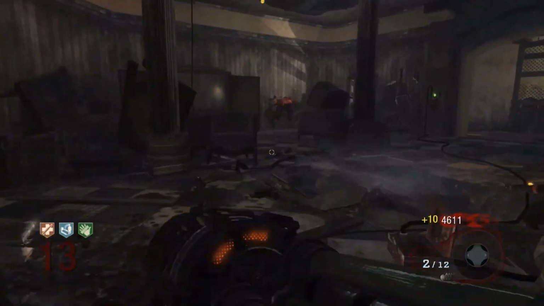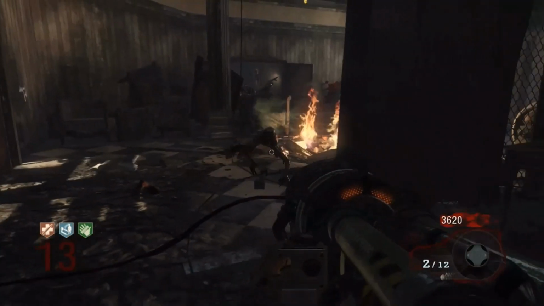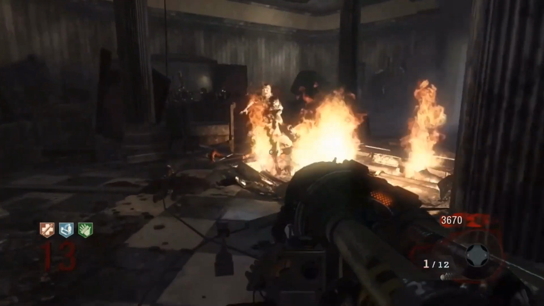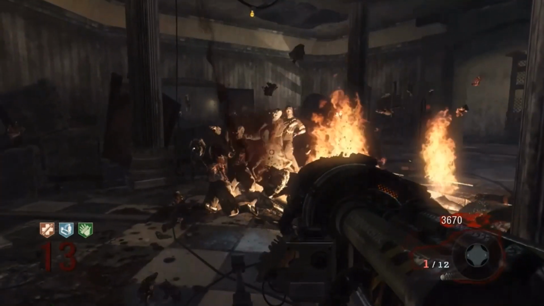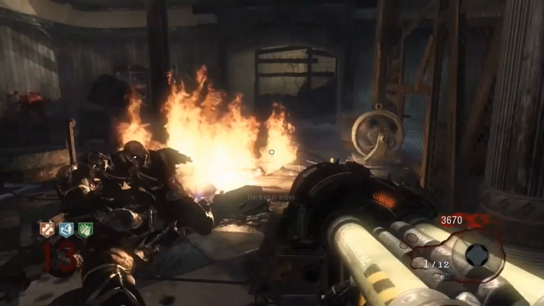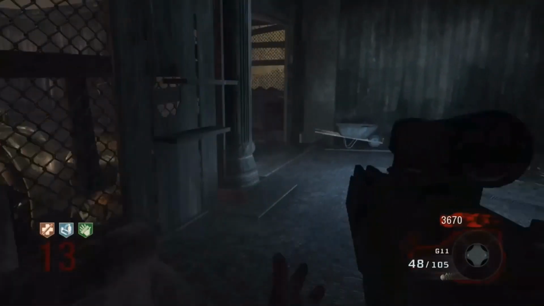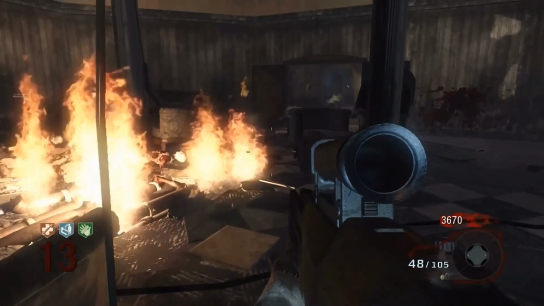Now, moving on to the number 3 spot, I have gone for the fire trap from Kino der Toten. Now, this trap does actually appear on Ascension as well, but I'm going to just be talking about the Kino der Toten trap. So this trap is actually very useful if you are attempting a high round on Kino der